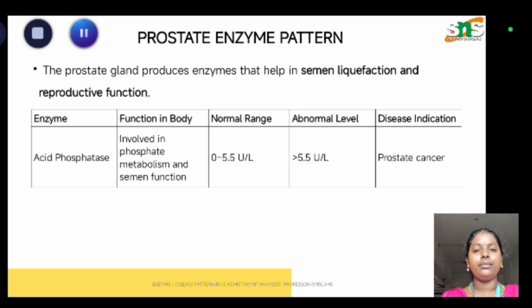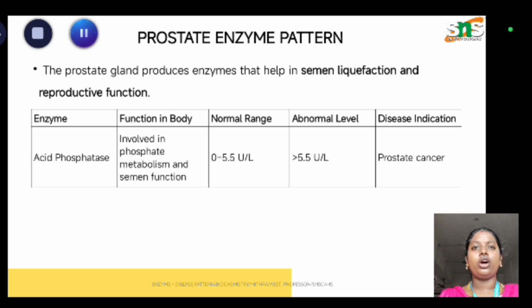And the enzyme acid phosphatase is mainly involved in the prostate enzyme pattern. If the prostate gland is functioning properly, this acid phosphatase enzyme is in the normal range, and it is involved in